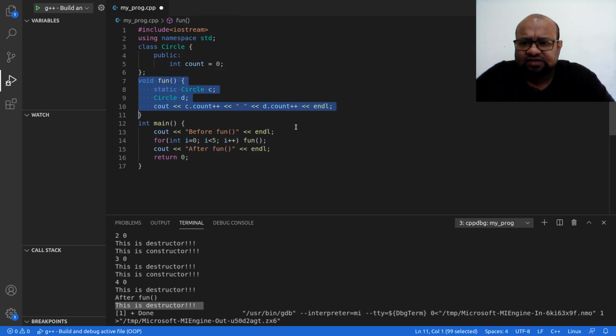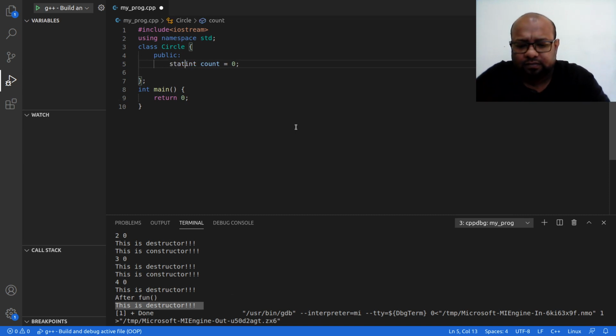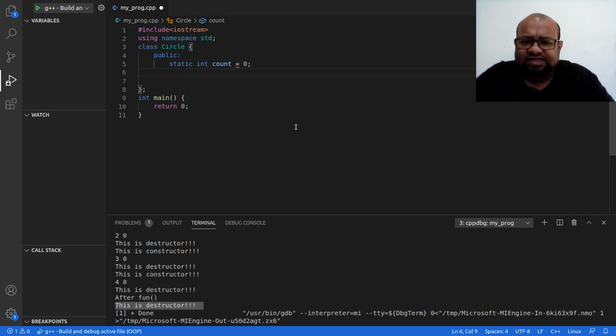I will not be needing this one function, main itself is sufficient. Now what I am going to do is create this static count. I am going to make a data attribute of my class static.